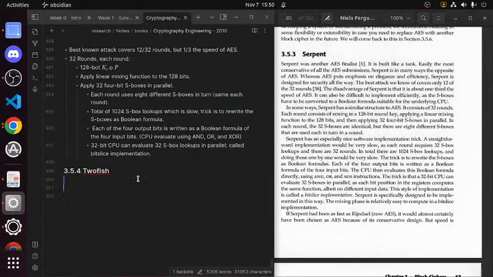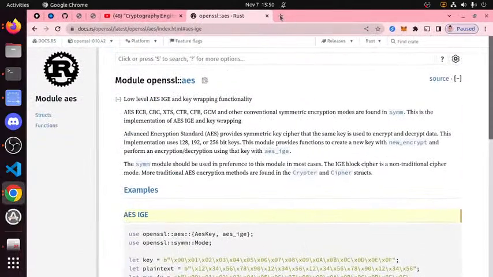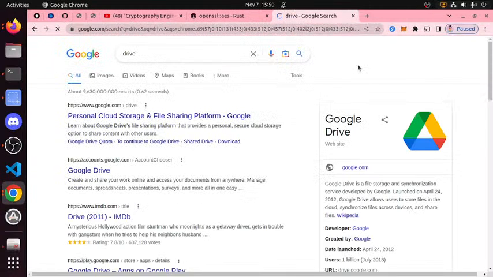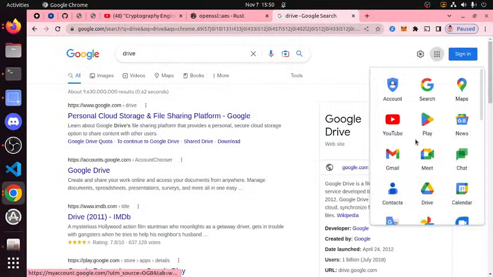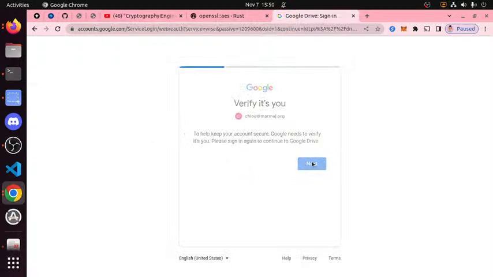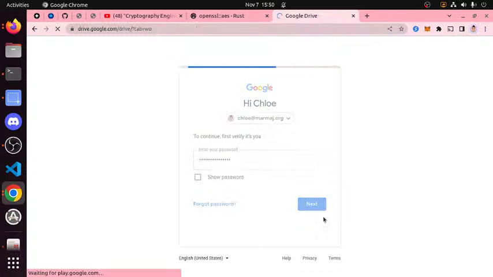I've been having to type out everything myself, which has been great, but I am very happy to say that if I go to my drive, which says I'm logged out, which is a little annoying. Oops, that's not it. There we go.